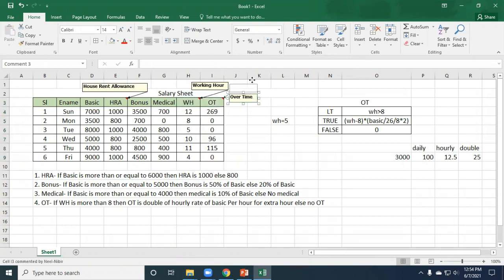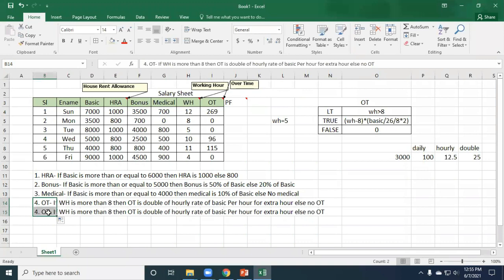Now provident fund is also there, sometimes PF, provident fund. So you can find out provident fund also. Provident fund, PF. How to find out provident fund? Provident fund is also the same. Say for example, IF,